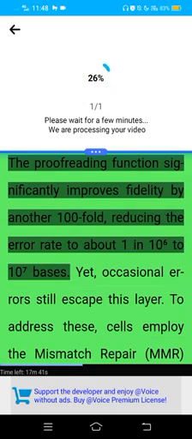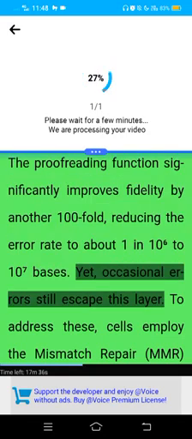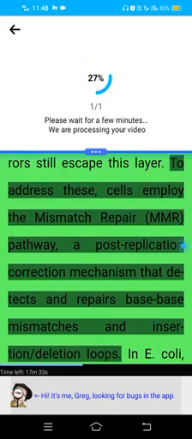The proofreading function significantly improves fidelity by another 100-fold, reducing the error rate to about 1 in 10 to the power of 6 to 10 to the power of 7 bases. Yet, occasional errors still escape this layer. To address these, cells employ the mismatch repair (MMR) pathway, a post-replication correction mechanism that detects and repairs base-base mismatches